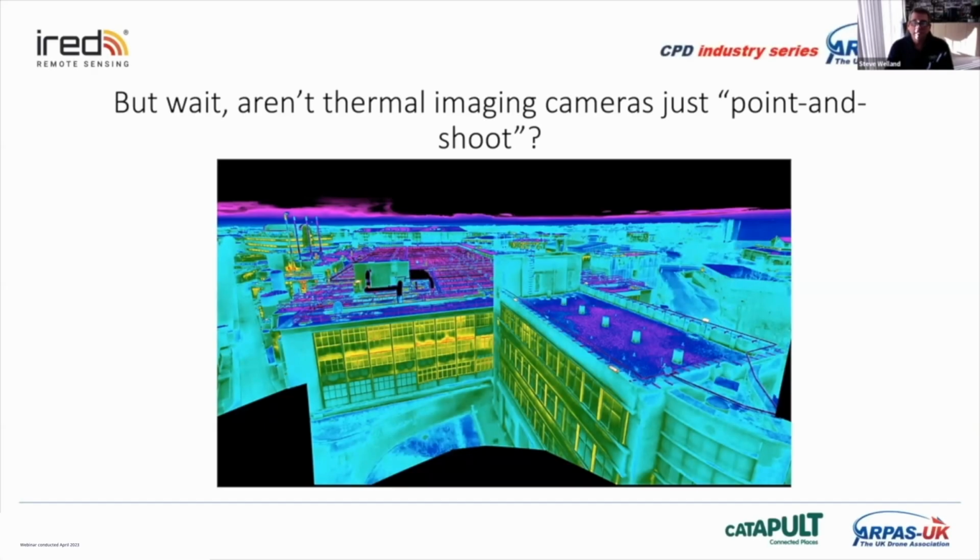As we said, aren't they just point and shoot? Well, no, they're not point and shoot, as I've just discussed. And this particular image you can see here was required because of the size of the building to be collected as a composite image. So this is an image with probably somewhere in the region of 40 images stitched together in a traditional panoramic way, but now it becomes a high resolution image, and we can also see the heat